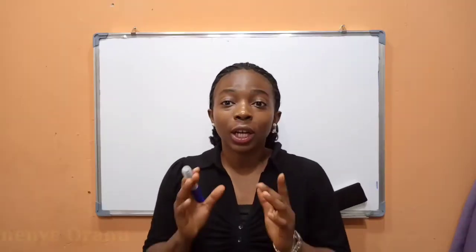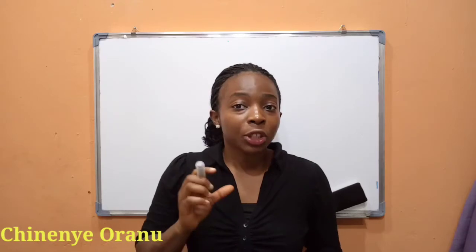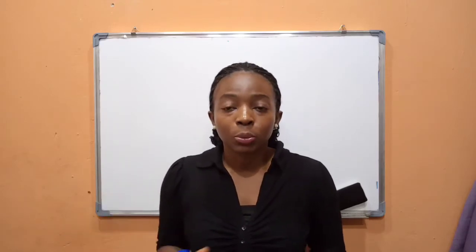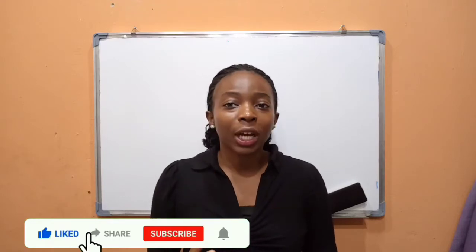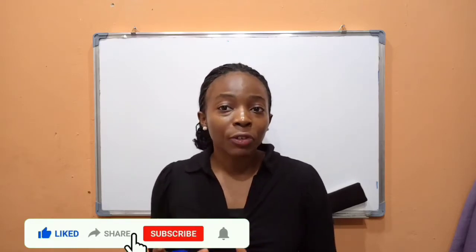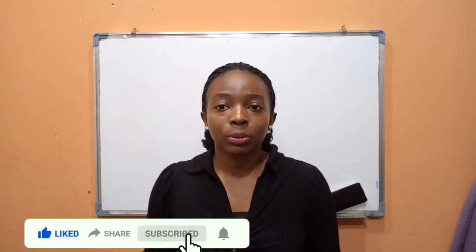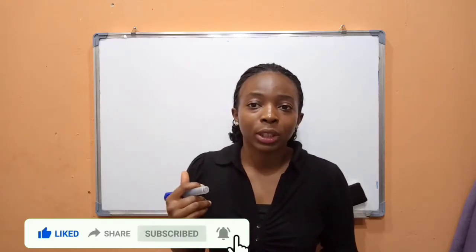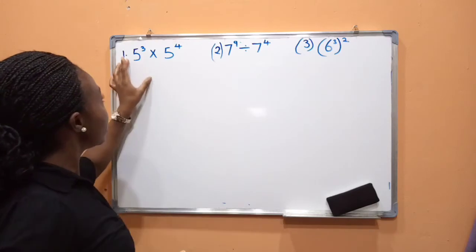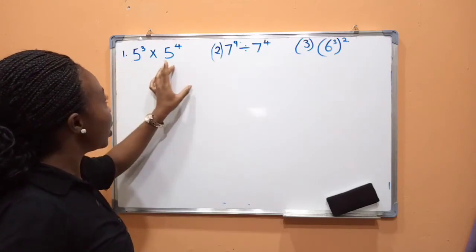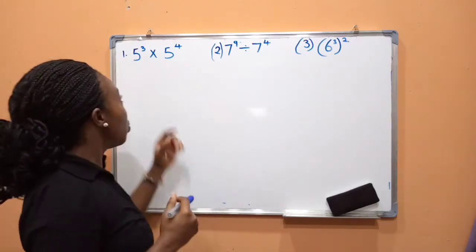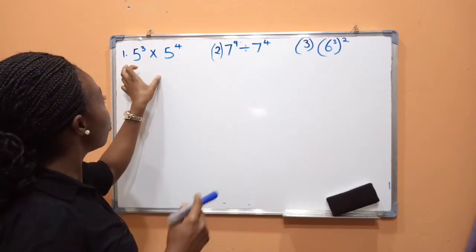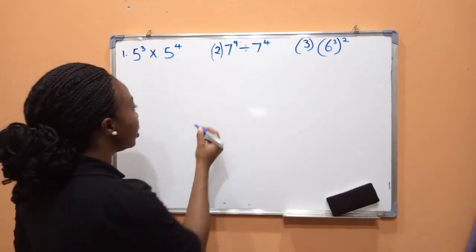Previous class, we learned about interpretation of the laws of indices. But in this class, we are going to be learning how to apply those laws in solving mathematical problems. So, some examples for understanding. For this first example, when you're given something like this, you just need to think what law resembles this. If you remember where we had something like this,